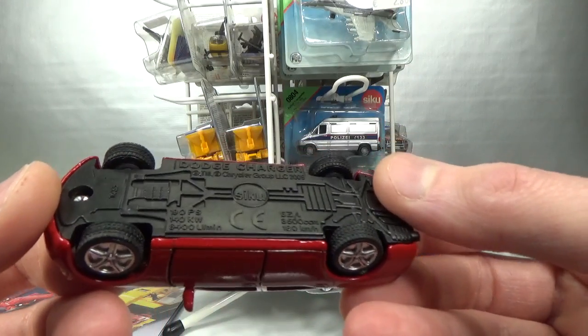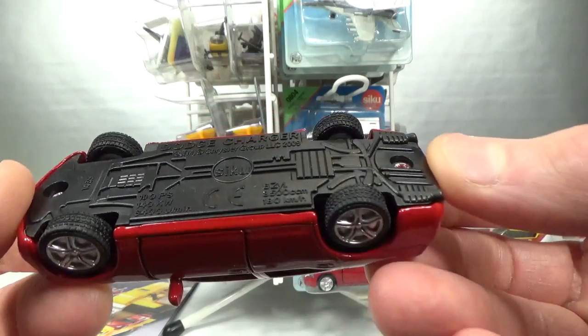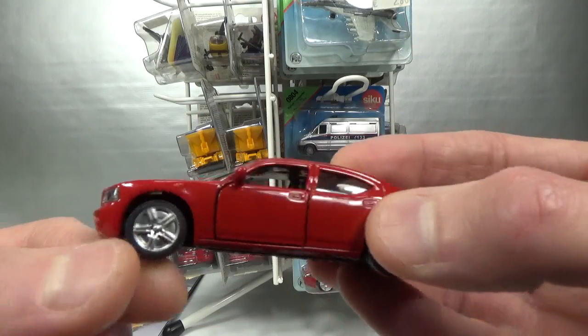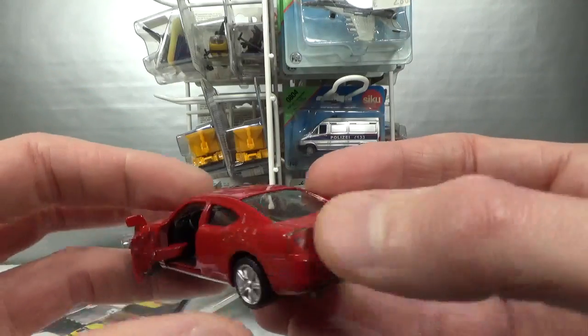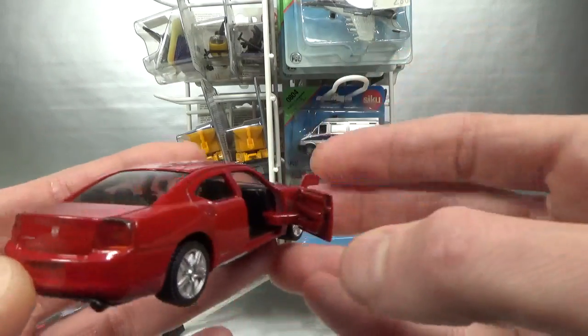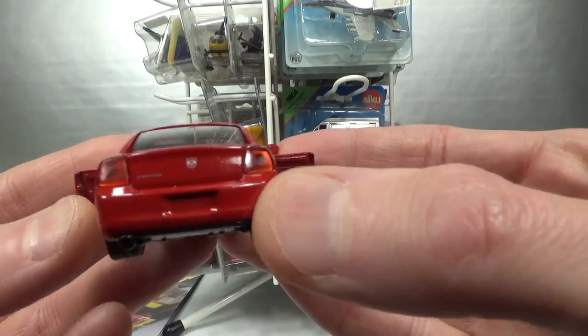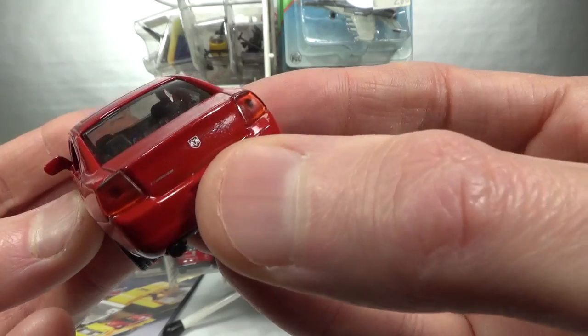So Dodge Charger, it says on the base, got some stats on the vehicle. So this got rubber tires, generic rims, they look pretty okay. Got opening doors with side view mirrors on them, some detailed door cards, lensed taillights and headlights, Charger name and logo,